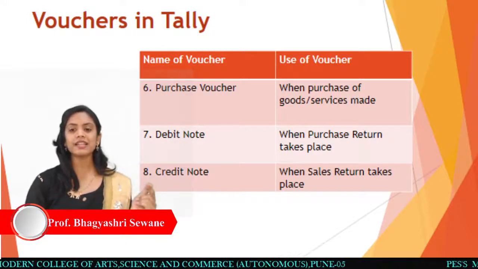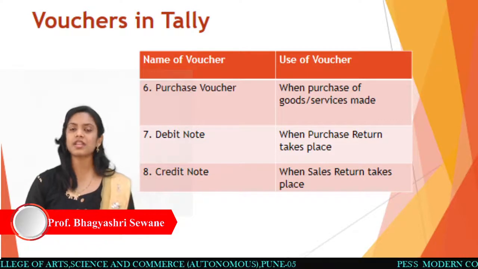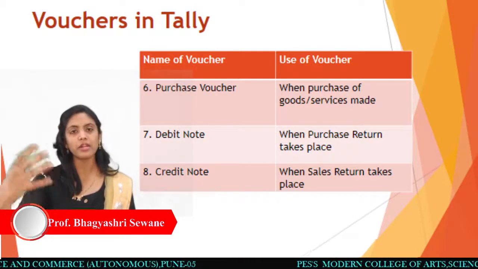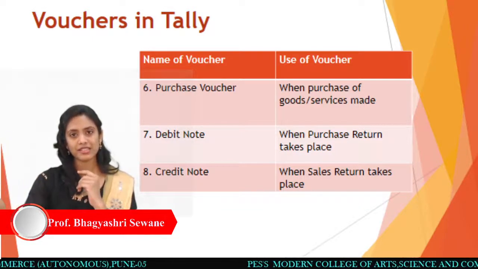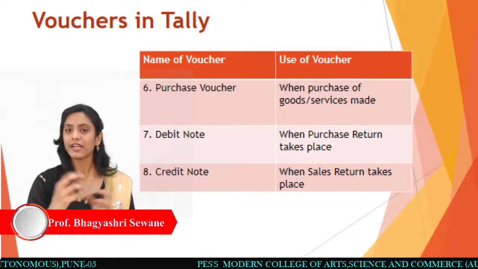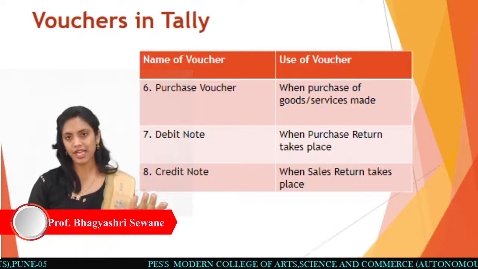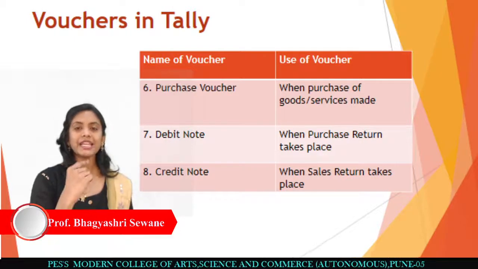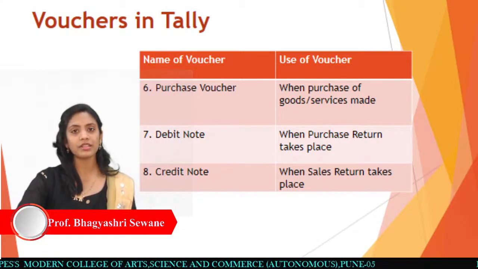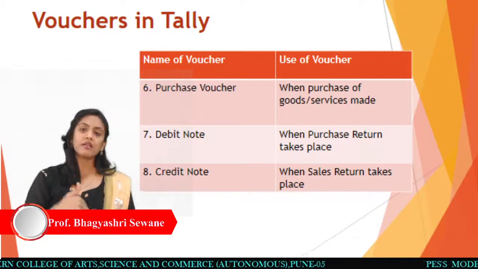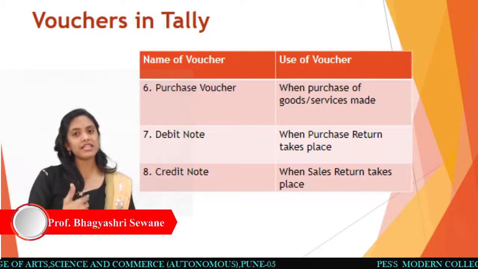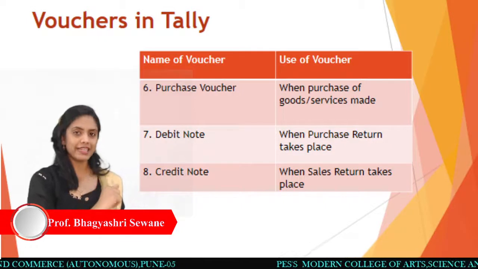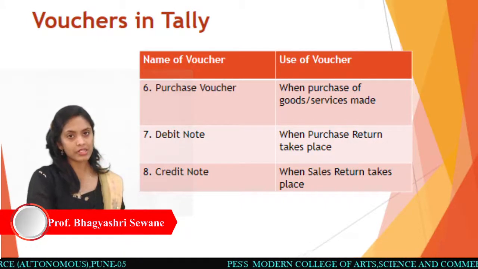Okay. The next thing is the credit note. This credit note is of course exactly opposite to the purchase debit note. When you do any sale, we give a sales credit: the party's account debit, or cash account or bank account debit, to the sales account. So here the sales account is credited. And if you have sold some goods and something is returned back to you, that's a sales return. At that time, you just have to nullify the effect of the credit which you have given to the sales account.